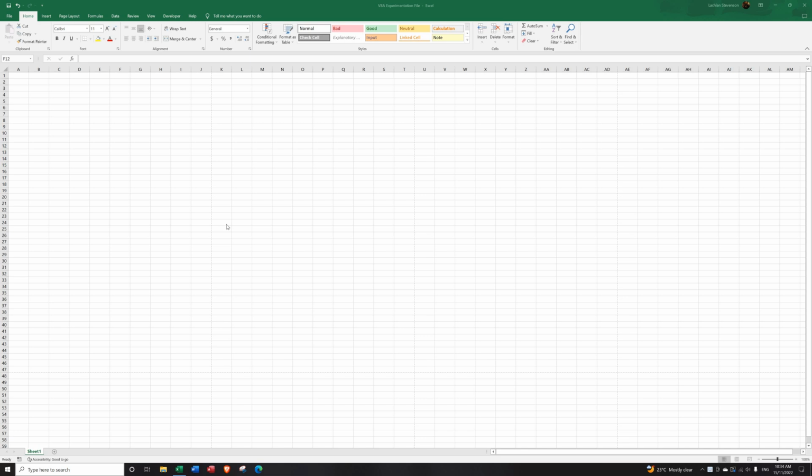So I'm just going to show you some pretty simple VBA that you can use to put footers on every different page of your Excel spreadsheet that's on the same tab. Okay, so what we do for this is